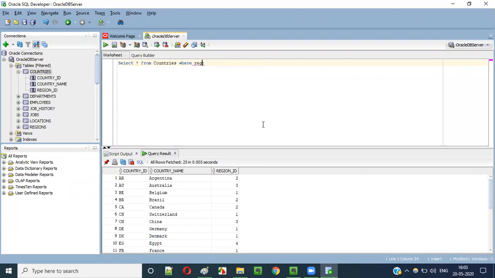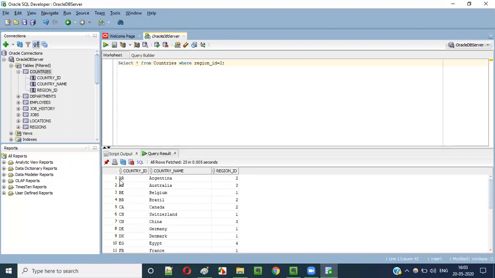Where region ID is equal to 2. What will happen in this case? So here, the first record has region ID 2. The second record, Australia, has region ID 3. The third record, Belgium, has region ID 1.